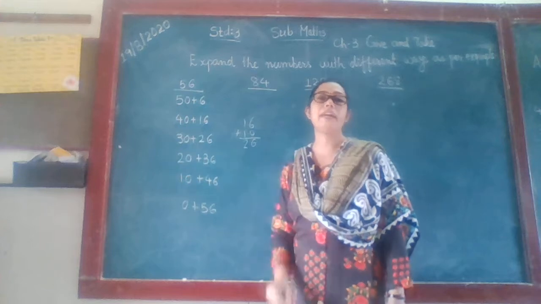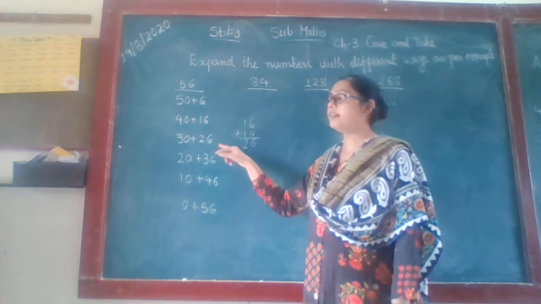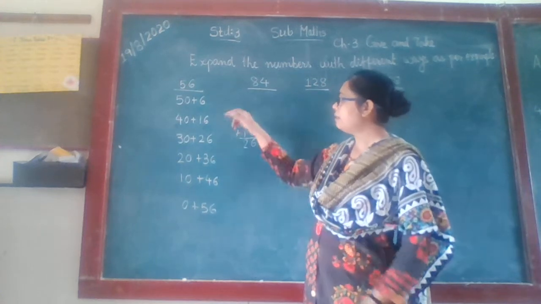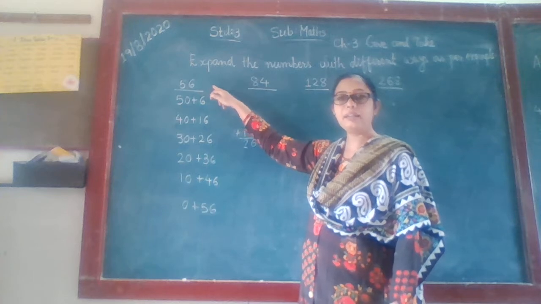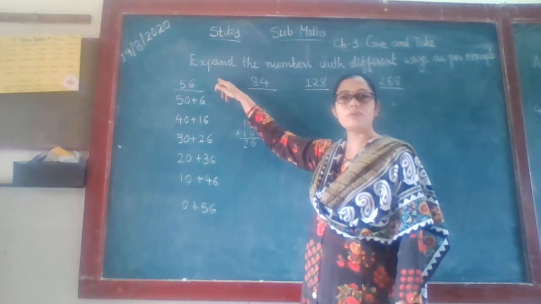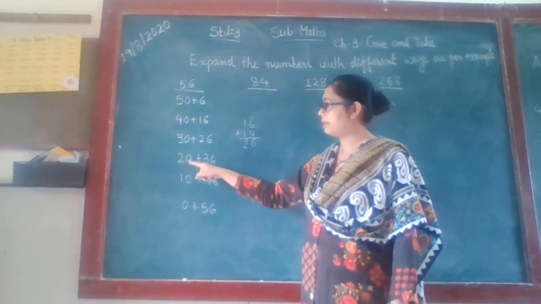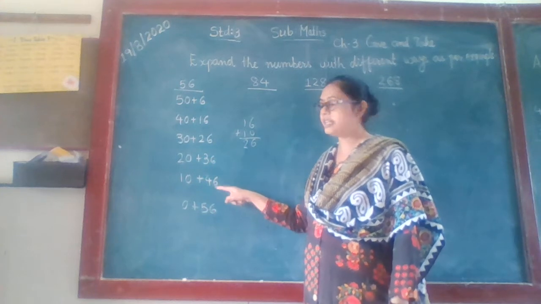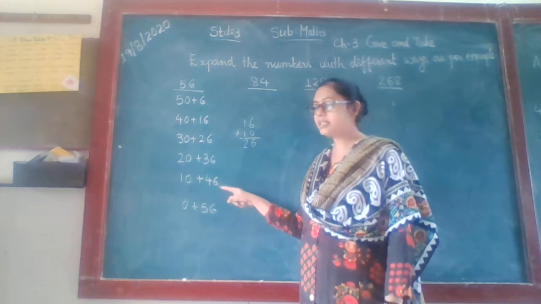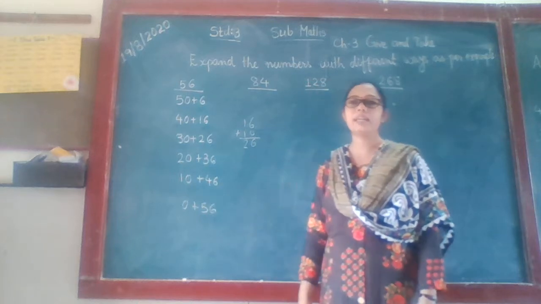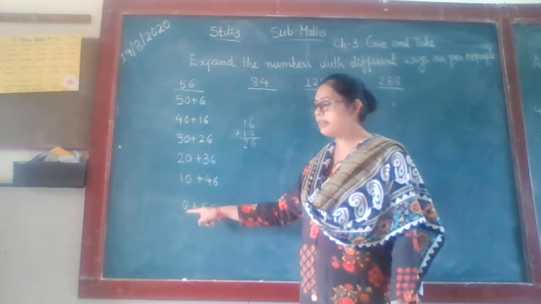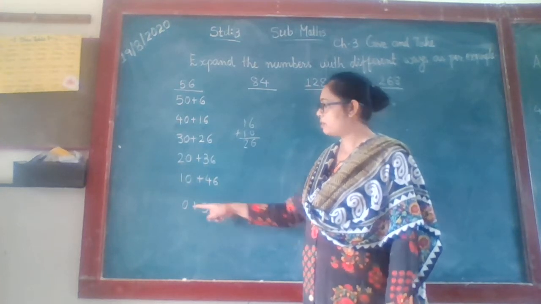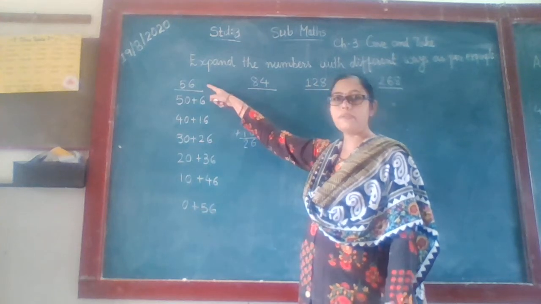If from one number we have to subtract 10, and in another number we have to add that 10, the balance is the same and the number is also the same. We get 20 plus 36 is also 56. Again 20 minus 10, 10, and 36 plus 10, 46. So 10 plus 46 is also 56. Then 10 minus 10, 0, and 46 plus 10, 56. So 0 plus 56 is also 56.